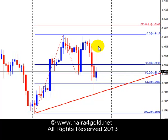If the data coming from both countries, that's UK and US, are anything to go by, if the swing is in favor of the pound, of course, we might see it extending further, all the way to 1.6224 levels. If not, there might be a retracement again to come and retest these two levels here, one and then at